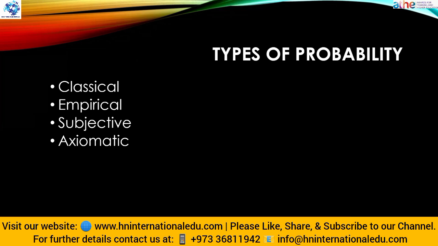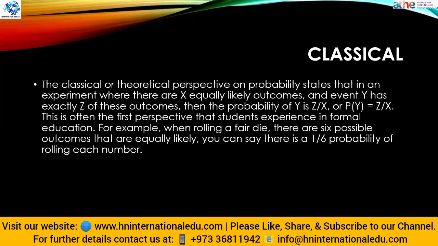We have different types of probability, and we can classify them into classical, empirical, subjective, and axiomatic probability. We can determine their chances by looking at the concept that is already mentioned. So, I'm going to start with classical probability. This is basically a theoretical perspective on probability that states: in an experiment where there are x equally likely outcomes, and event y has exactly z of these outcomes,